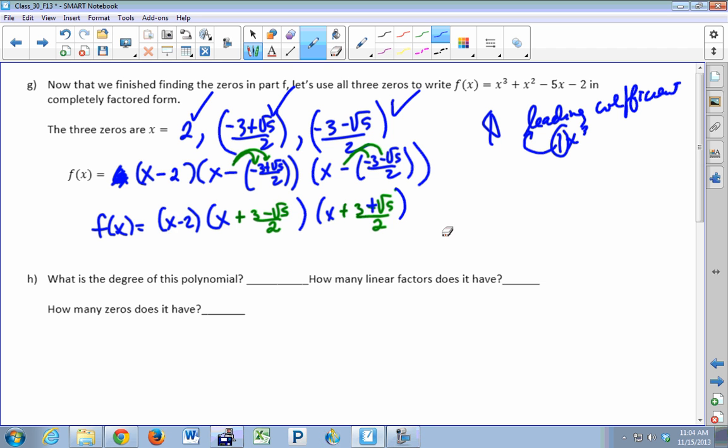It's a multiplication problem. How many pieces are in the multiplication problem? 3. So when you have to multiply 3 things, how do you multiply any 3 things? You could go left to right. So you would multiply any 2 first, get your product, and multiply it by the third. So if you had to check this, you would probably start right there with FOIL,